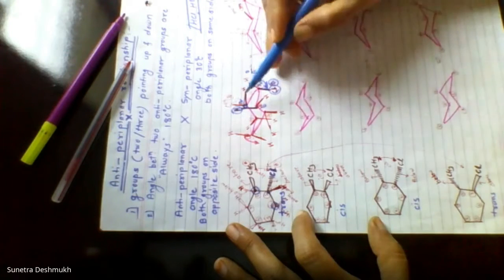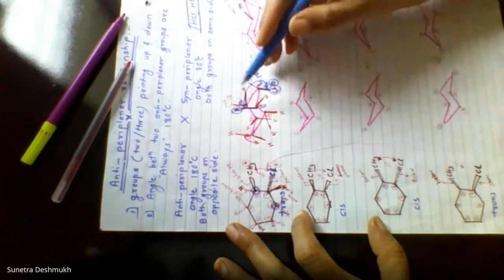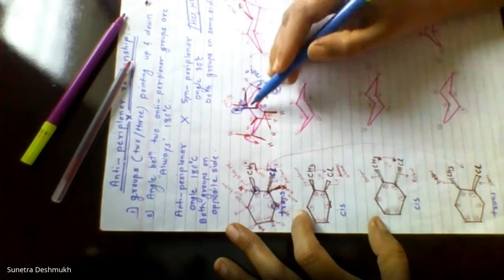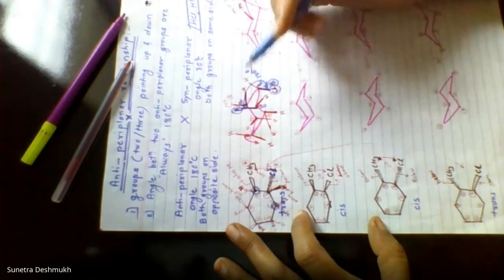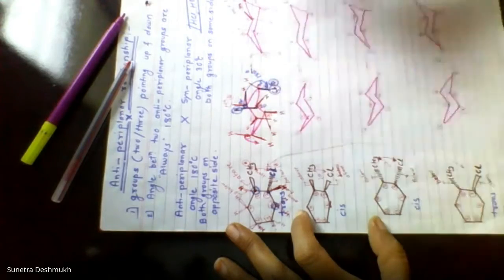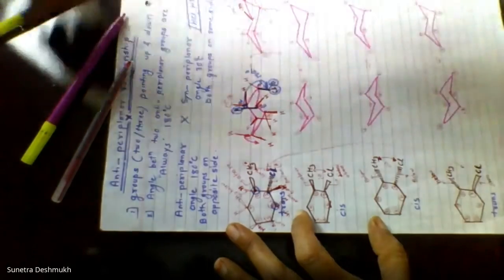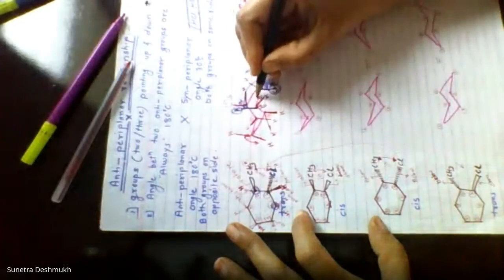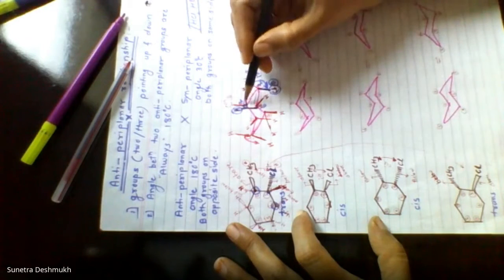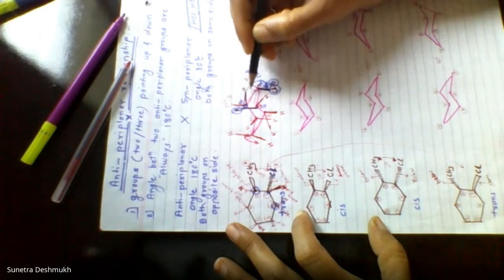And as they are unstable, this molecule always tries to achieve stability by eliminating these bulky groups. This chlorine is bulky, so the molecule will always try to remove this chlorine and get stabilized. So by eliminating the chlorine and the hydrogen which are placed axially, they are suddenly removed. And then there is a formation of a carbon-carbon double bond over here. By eliminating this one, you are getting olefin formation.